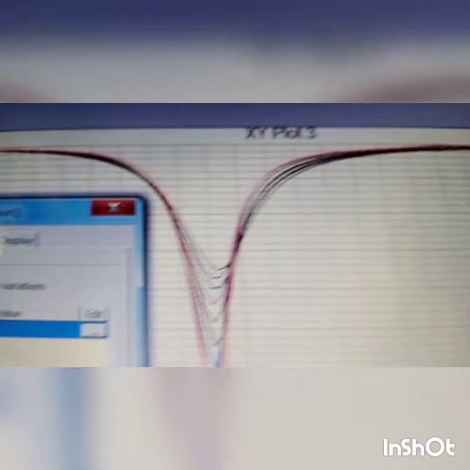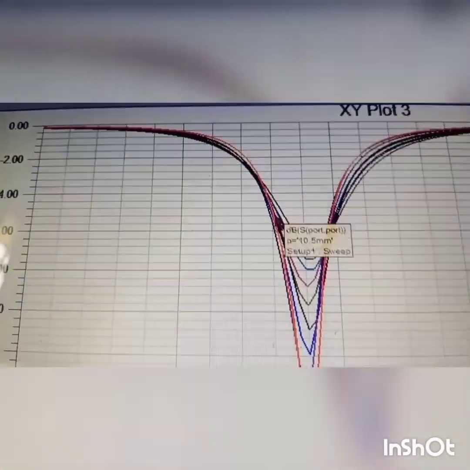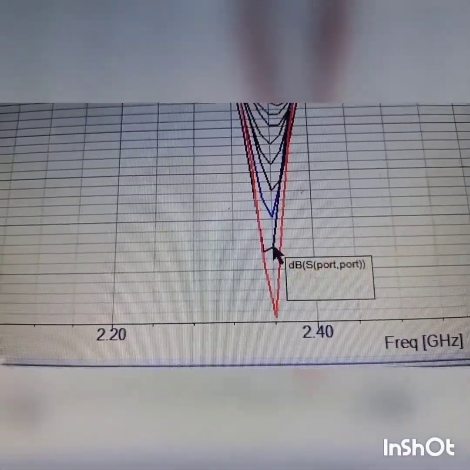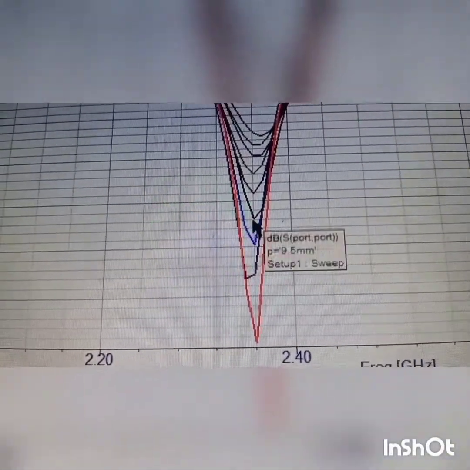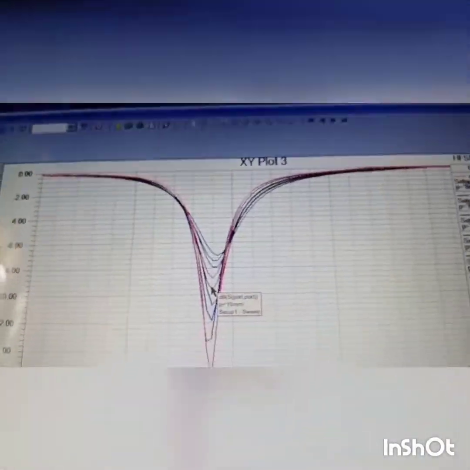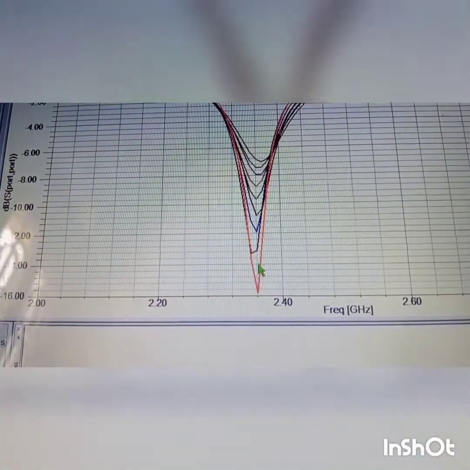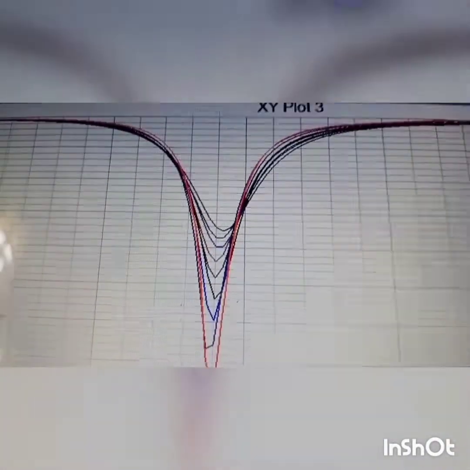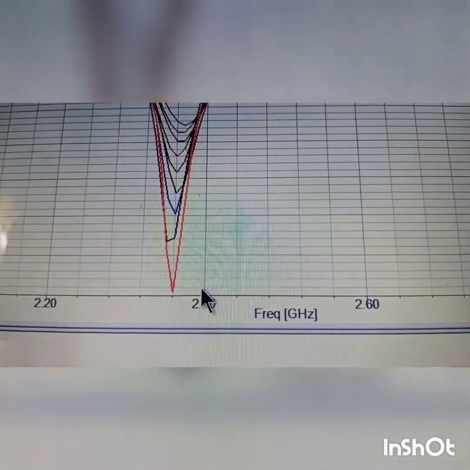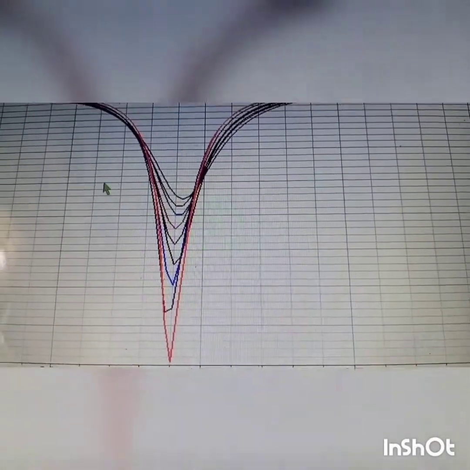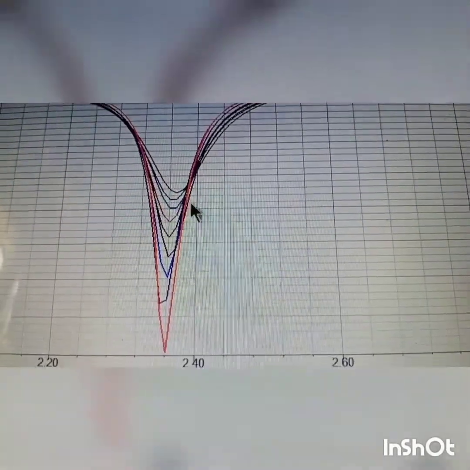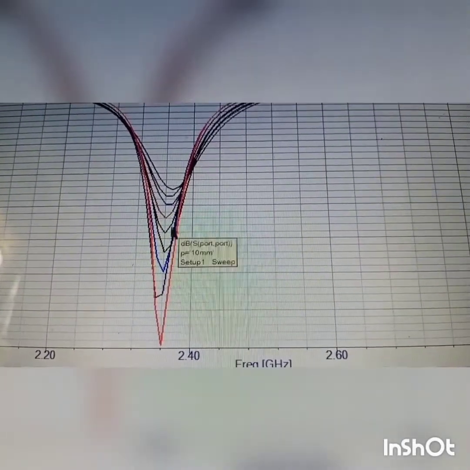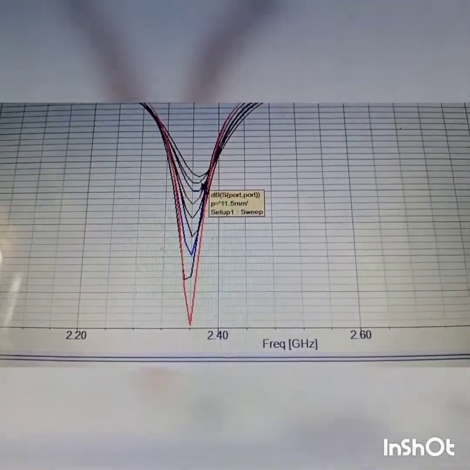Now see what will happen here. All the graphs are plotted with the different values, and you see which is better in this case. Here it is not shifted, it only improves. Sometimes it improves the impedance match, but the resonance shift has not occurred here. That's why probe position optimization is not helpful for my case in this particular design. So what I'll do, I'll collect the best one from this, and then I'll do the dimension optimization. You choose the best one, put that probe position there, then you optimize other parameters. The best one I have selected here, the probe position is at 11 mm.